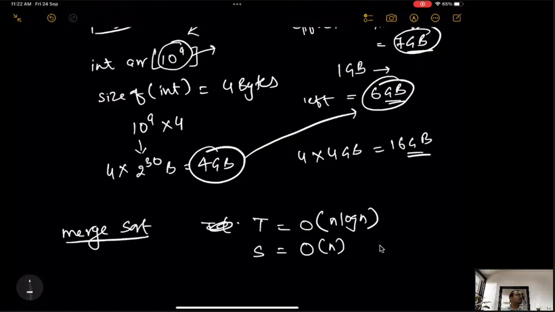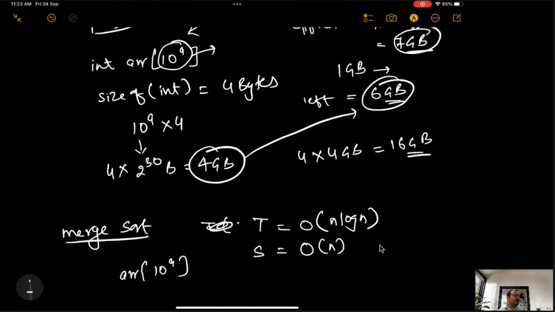If my original size of array is 1000, I require a temporary array of size 1000. If my size of original array is n, which can be any number, then I need a temporary array of size n, and both the arrays are required simultaneously. I cannot reuse any one of them.